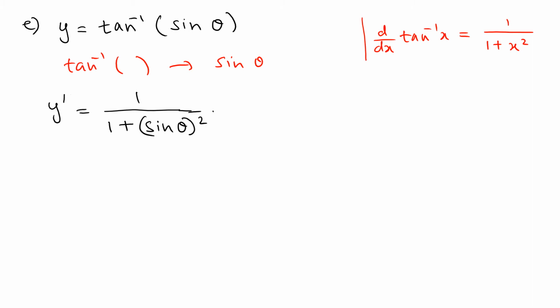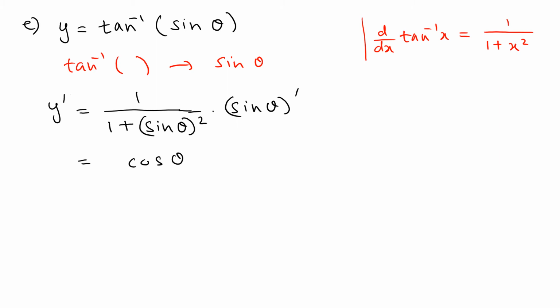That's the first function, and then multiply by the derivative of the second function, which is sine theta prime. We know sine theta has the derivative cosine theta, so that means